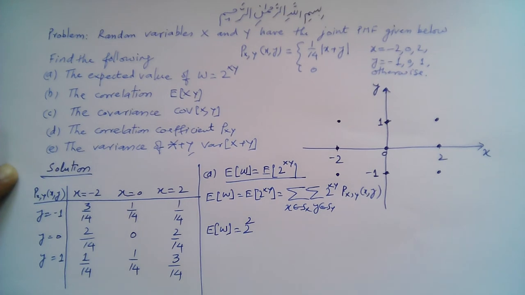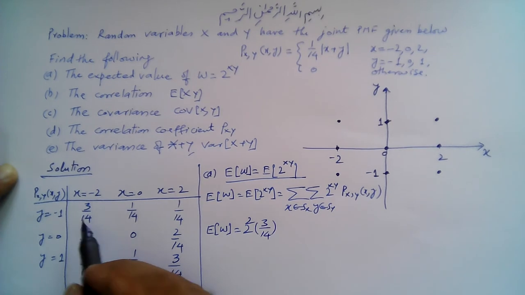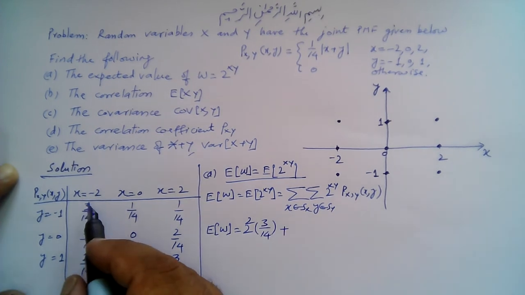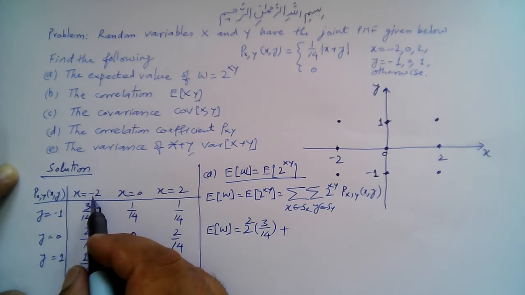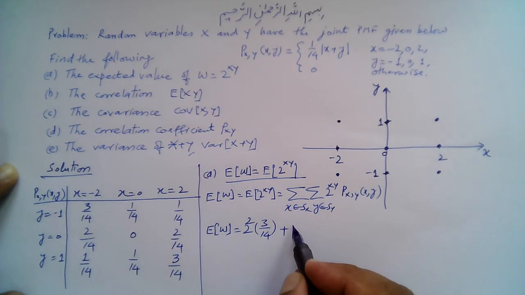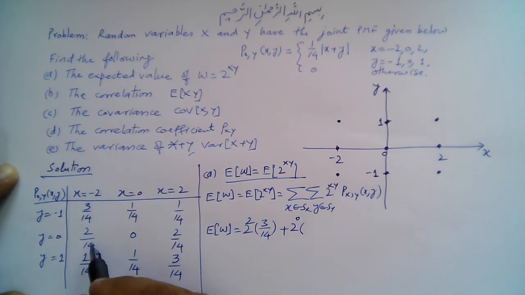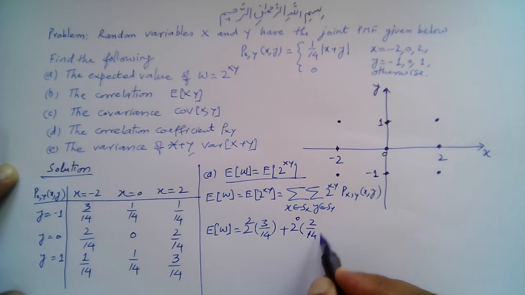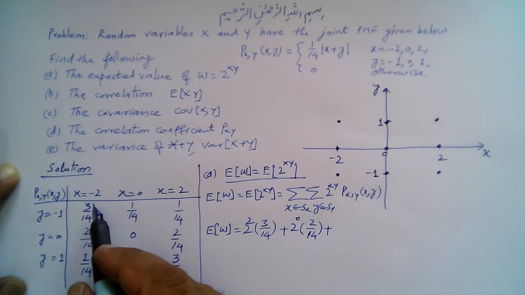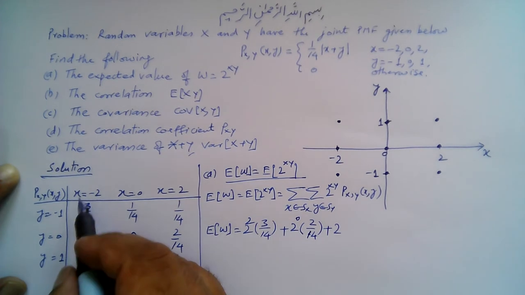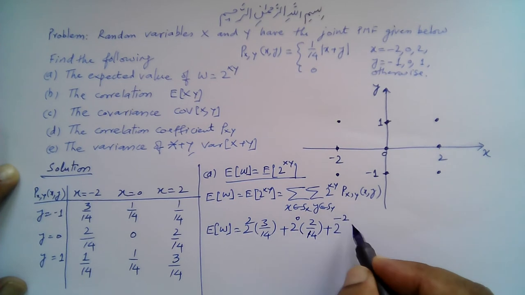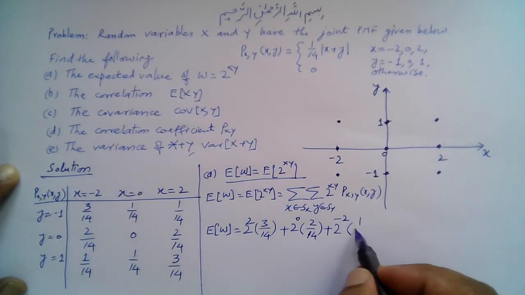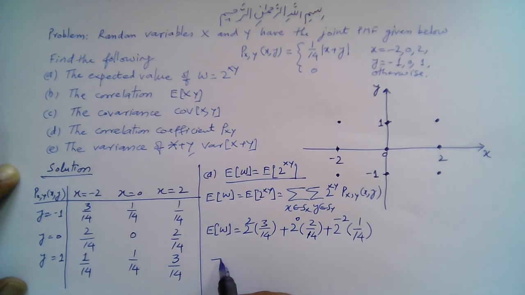So 2 raised to the power 2 into 3 over 14, the corresponding value of the probability, plus x is -2 and y is 0, so xy will be 0, so 2 raised to the power 0 multiplied by 2 over 14, plus 2 raised to the power xy, where x is -2, y is 1, so 2 raised to the power -2, and the corresponding value of probability is 1 over 14, plus